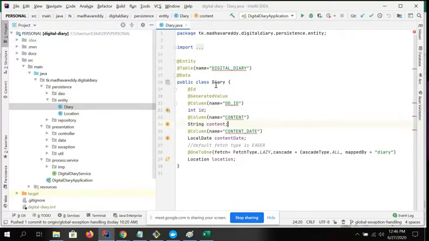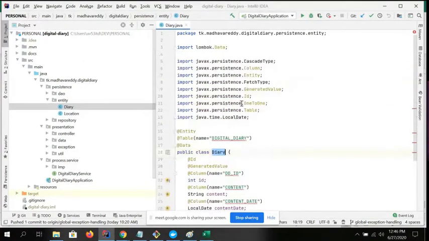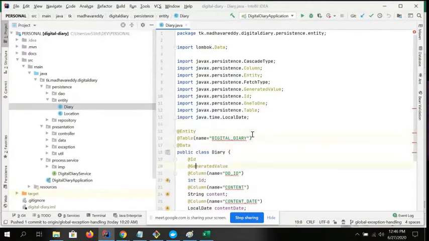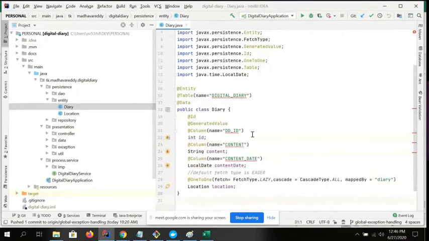First create one entity, and while creating the entity, you can see what type of annotations you can use. I can explain this in detail. While designing an entity, you should keep in mind that if you want to give your class name as the table name, you don't need to specify anything. And when you define an entity, you have to specify each and every class in JPA. Then Spring will understand this is an entity, and it will perform JPA operations accordingly.